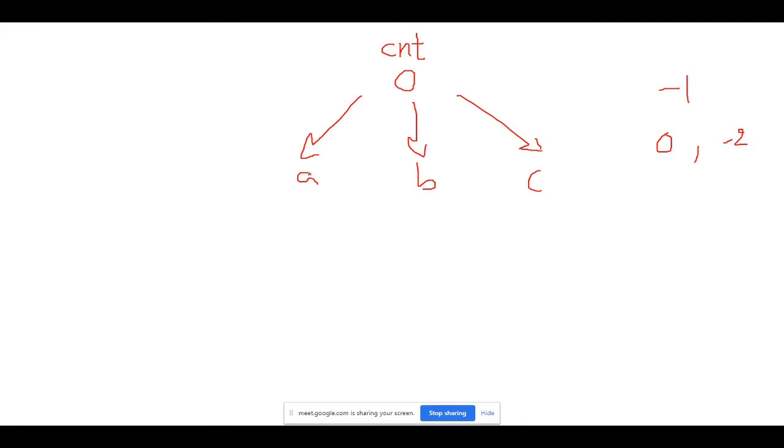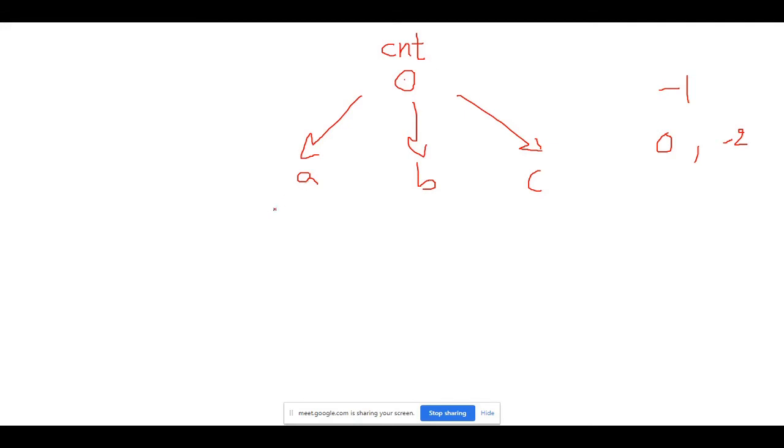Now assume at time 0, A got the CPU core first and it fetched the value. It tries to operate upon this count variable. So what it does, it fetches. It knows that okay, count variable value is 0 now. Using this, let me operate upon it and change its value.